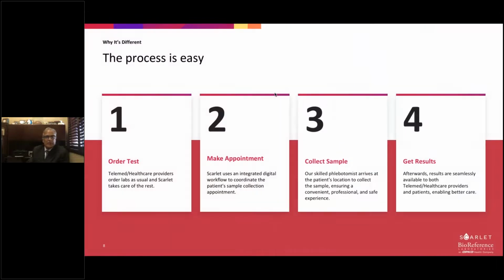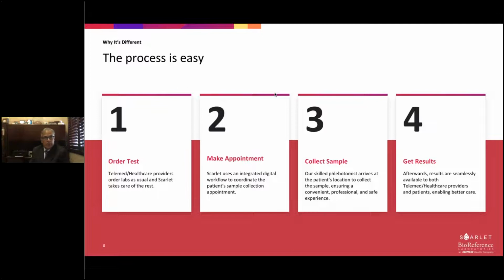Following with the patient experience, the process starts. We break it down into the 4 steps. Initially would be the test ordering, where the healthcare provider, whether it's through a traditional office visit, where the patient is currently with that physician in an examining room, or through a telemed consultation, just orders the lab as usual, and Scarlet takes care of the rest. It's as simple as an additional code, just like ordering any specific lab test, whether it's a glycohemoglobin, a basic CBC, cholesterol. Scarlet is an additional test code, just like any laboratory test.